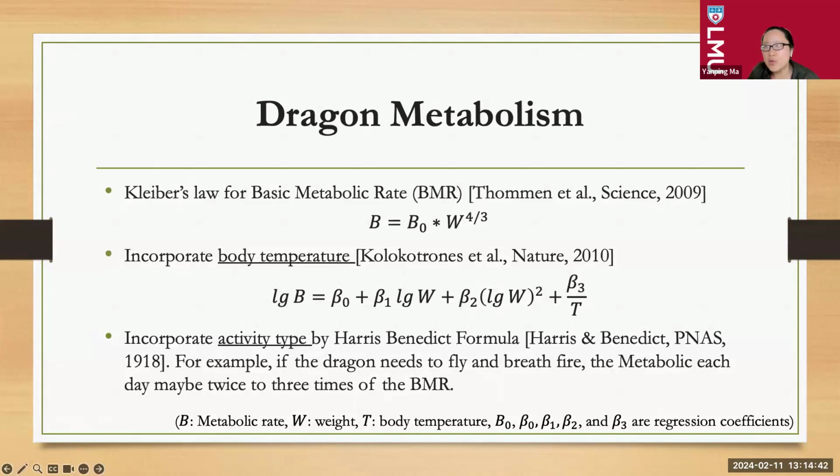And once we did that, we want to connect it to the metabolism. And well, like before, I don't know how to study metabolism other than with a Google search or with the help of ChatGPT. So we can find that the basic metabolic rate, BMR, can be modeled by something as simple as B0, a base rate, multiplied by the weight to the power 4/3.